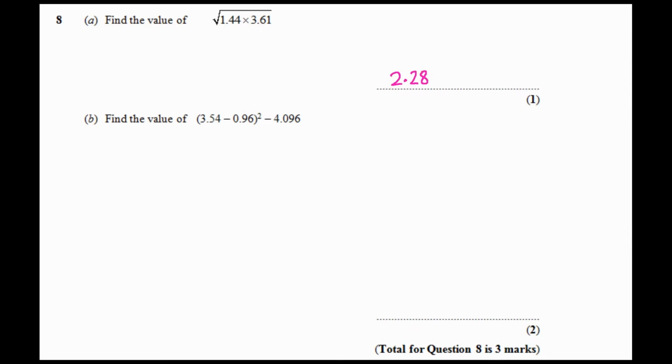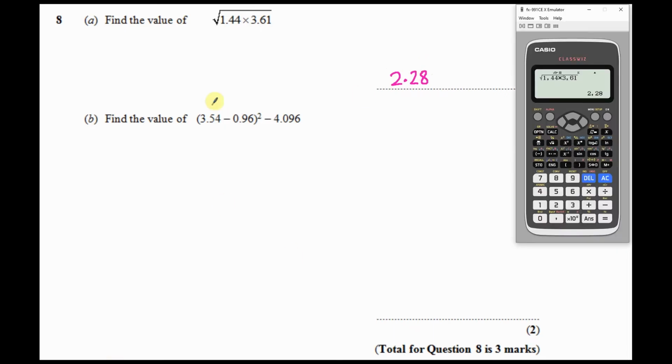Similarly for this one, it says find the value of 3.54 minus 0.96 squared minus 4.096. You can, if you want to, break this down into small steps, but if you use the Casio calculator, I'd advise you to do it just all in one step, as long as you keep everything exactly as it's written, especially the brackets there. There's 3.54